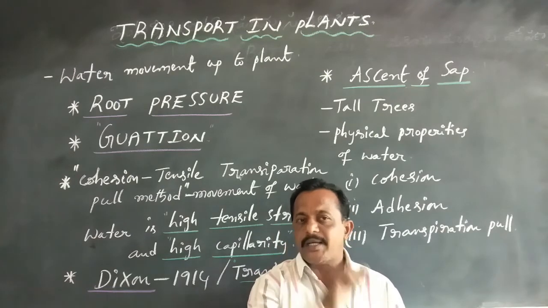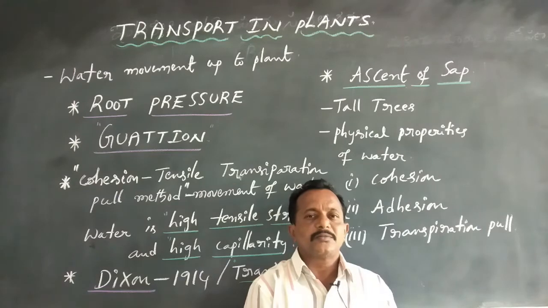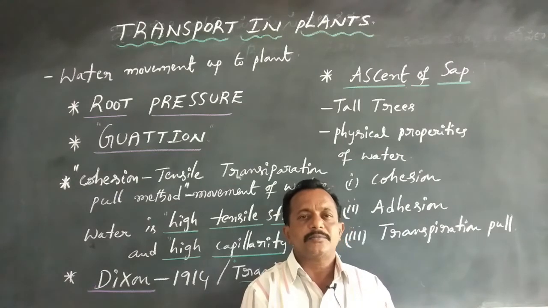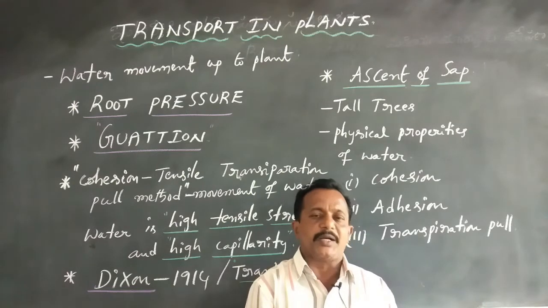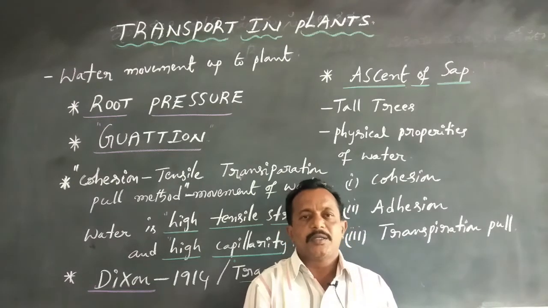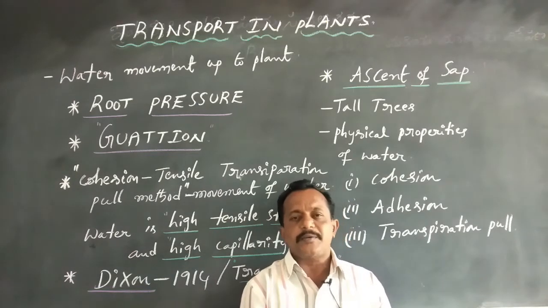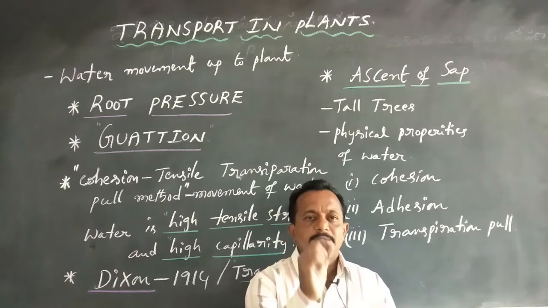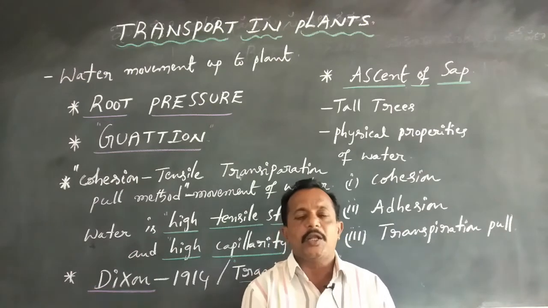So this root pressure is responsible for the movement of water in the upward direction through the xylem into the small heights of the stems. Dear students, the effect of root pressure is observable at night and early morning, when evaporation is very low.